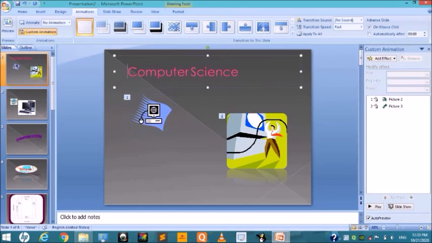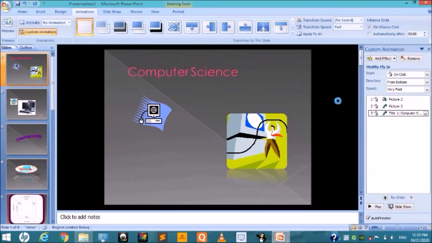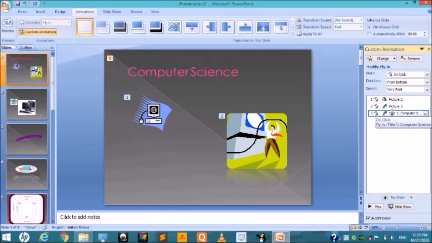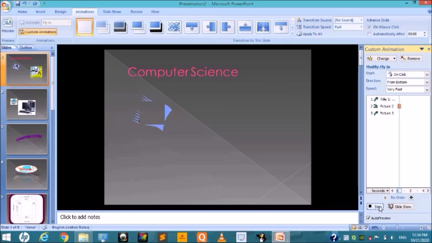First this text flies in and then these two images are inserted. So this title goes in the upward side. So look, first, second and third. In this way, this animation is reordered. Look here, play.